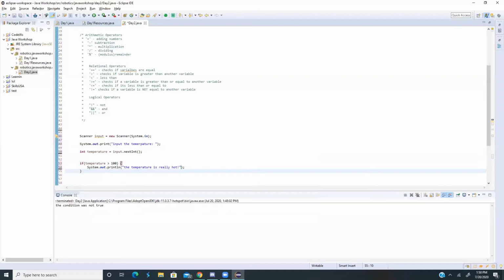So this is where else if comes into play. So else if allows you to put multiple conditions inside the expression. Instead of going from if to else, we can do if, and then we can do else if to have multiple expressions. So in this statement, we can ask, so if temperature is greater than 100, it prints out it's really hot. However, if temperature